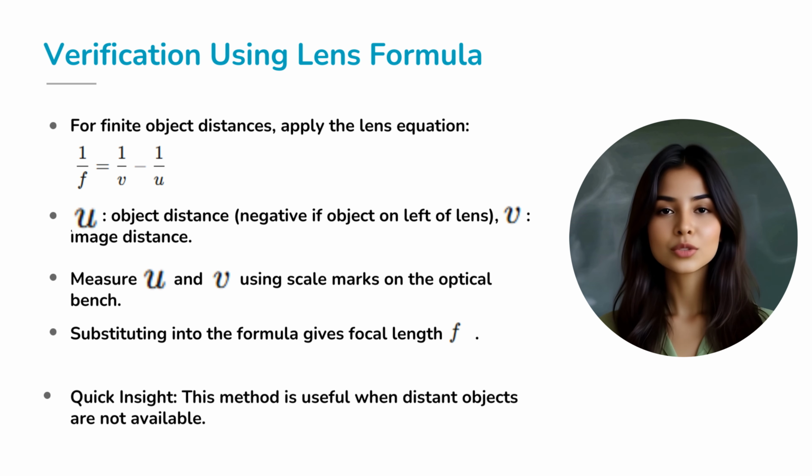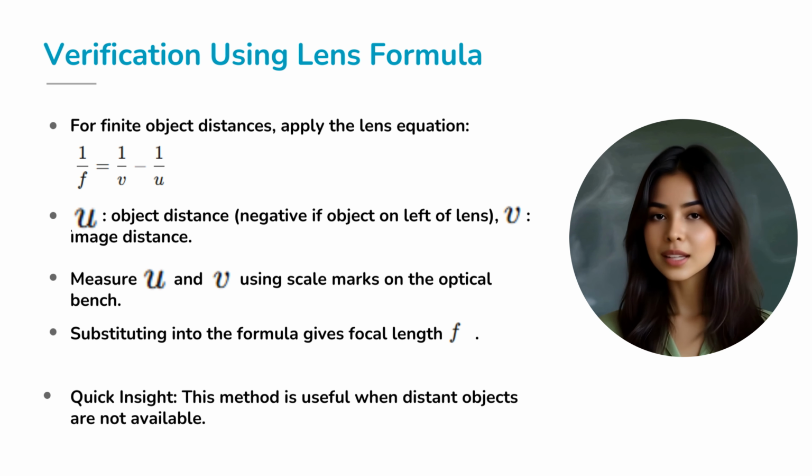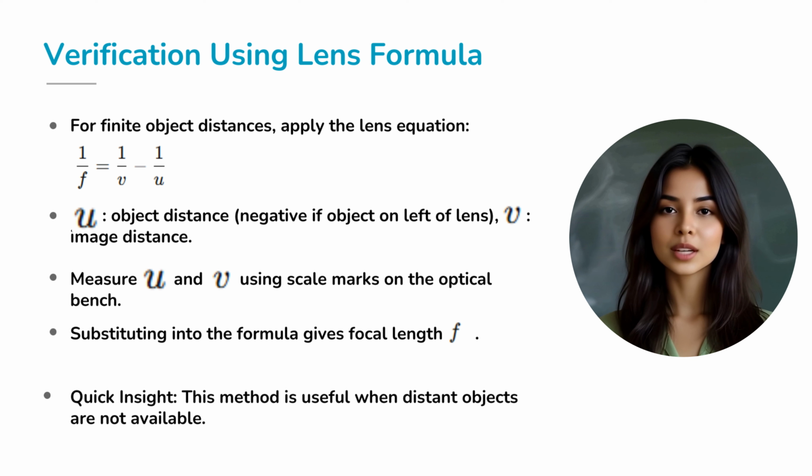Once we have those two values, we substitute them into the lens equation, and that gives us the focal length f of the convex lens. As you can see, this approach is extremely practical, especially when we cannot rely on faraway objects. It's like having a shortcut tool in your physics toolkit, not always the first method, but definitely a reliable one